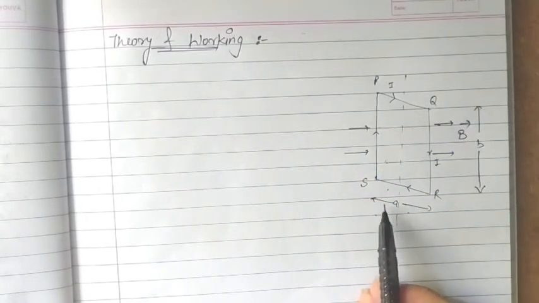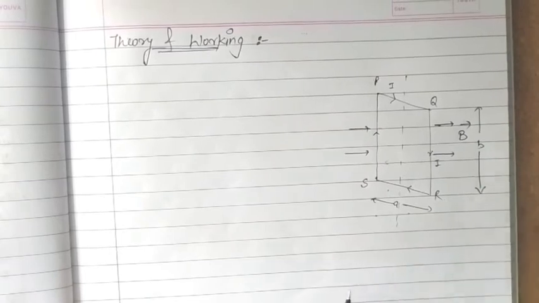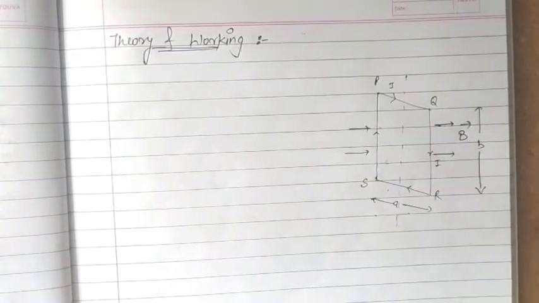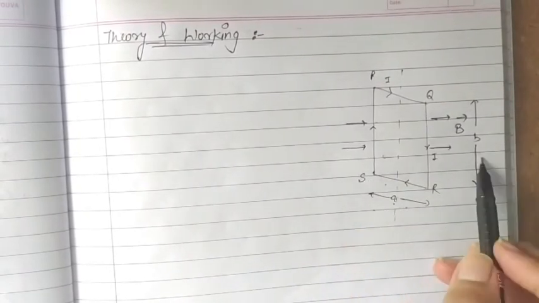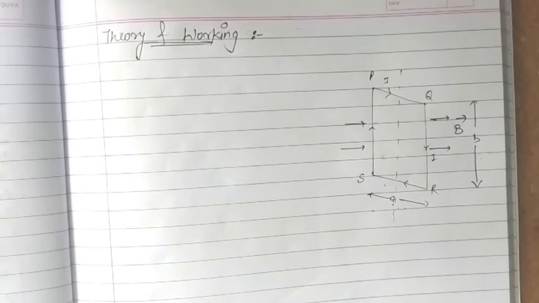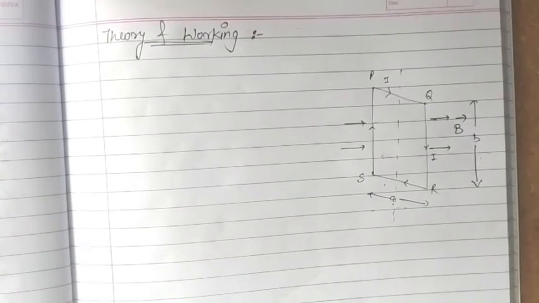Sides of this coil are a and b respectively, and this coil is placed in a radial magnetic field, capital B vector. Radial means the plane of the coil always remains parallel to the field B vector. The area of the coil will be a into b, because it is a rectangular coil, so length into breadth is its area. And let the number of turns in the coil be capital N.